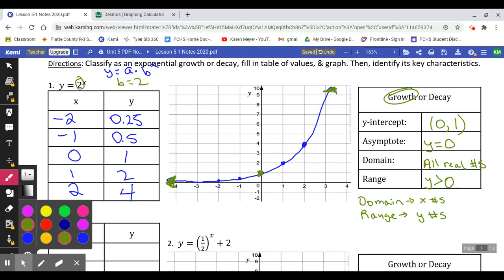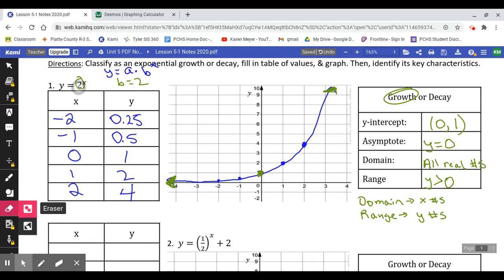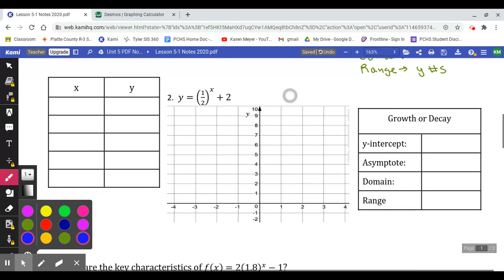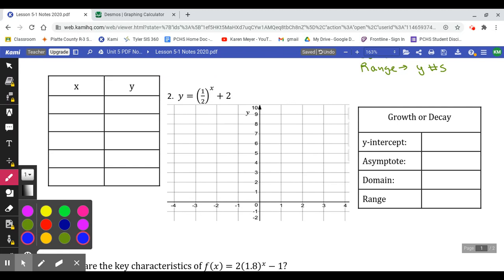Now, remember, if you were looking over here at the equation, we said that the asymptote was also the c number. And this one doesn't have anything behind it in the c number, so that's like saying plus 0. So that's how I knew the asymptote was 0. So hopefully the more of these we do, the faster we get. So on the second one,